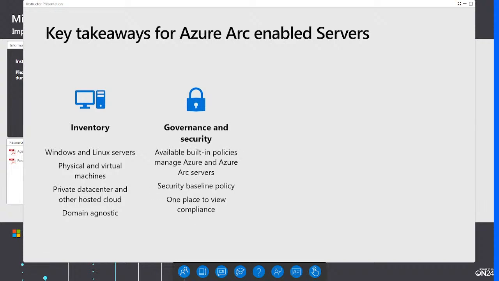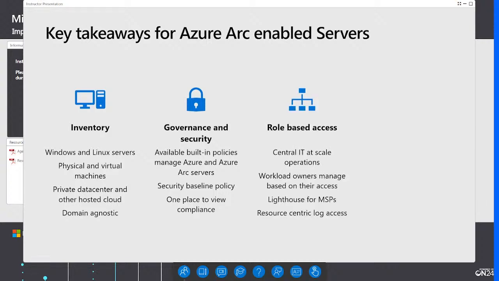So you will be able to use built-in policies to manage Azure and Azure Arc enabled servers. We will take advantage of Azure Security Center and security baselines. So you get basically one view to see your compliance overview. You get role-based access, so you can actually get access to the different servers you want to. And if you're a managed service provider, you can also combine it with Azure Lighthouse. And then last but not least, obviously, by adding that server, you get basically a